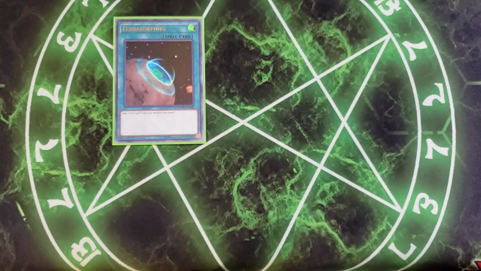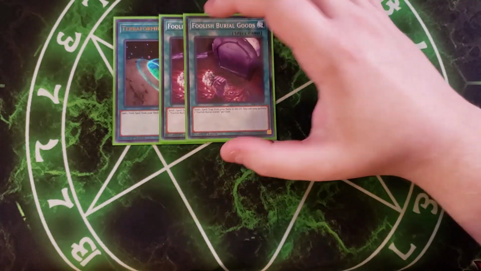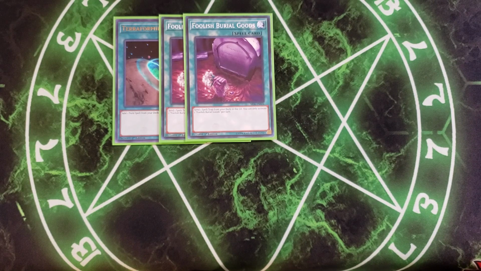Terraforming is really good in this deck because it gets us to our field spell, which is an extremely important card that we need to get to as quickly as possible. We then play 2 copies of Foolish Burial Goods. We play this so we can send Psy-Frame Overload to the graveyard,